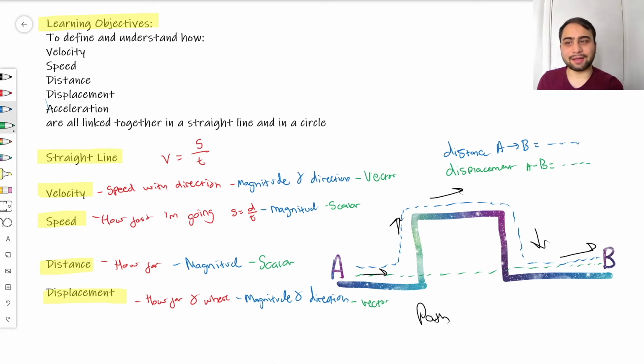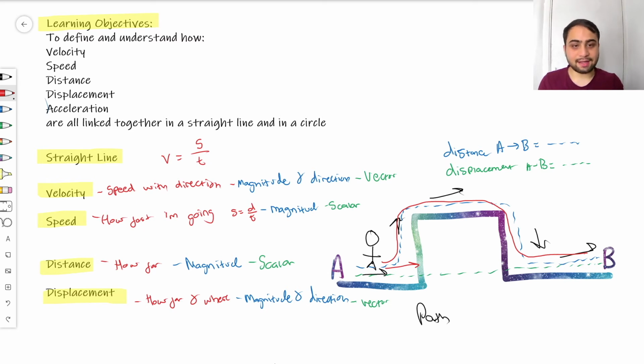Okay, so now if we were to look at, say, I had my stick person, right? Oops, deformed head for my stick person. Now my stick person's speed could really just be calculated by how fast he can do this entire path right here. Okay, so that's his speed, but his velocity will be demonstrated by how fast he can do that first